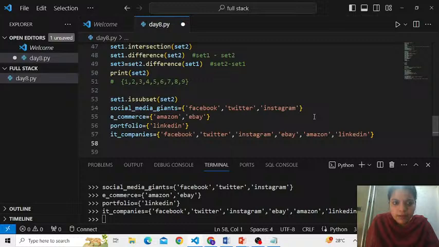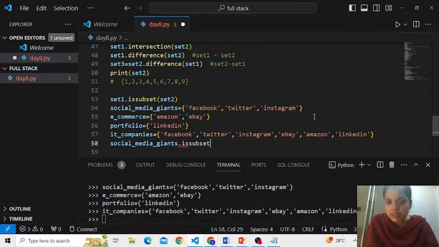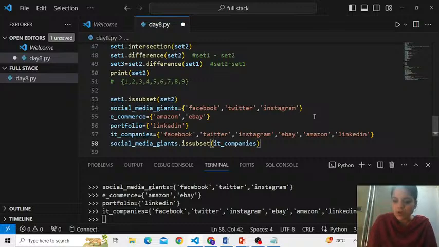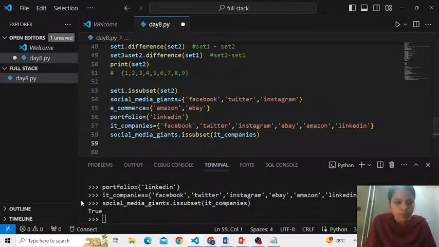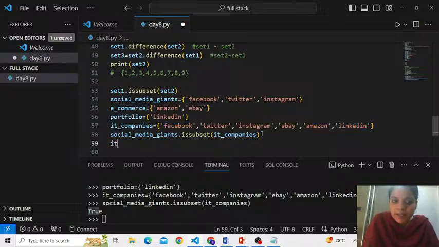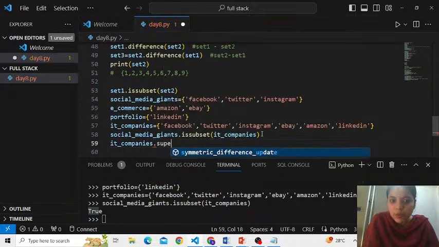Alright, now let me check: social media giants dot is subset of IT companies. It says true. You understand the subset, correct? It means all these elements, it shouldn't exclude even a single one of them. So all these elements you will find present in the IT companies. Therefore it is a subset. You could ask this question the other way around too, like is IT companies a superset